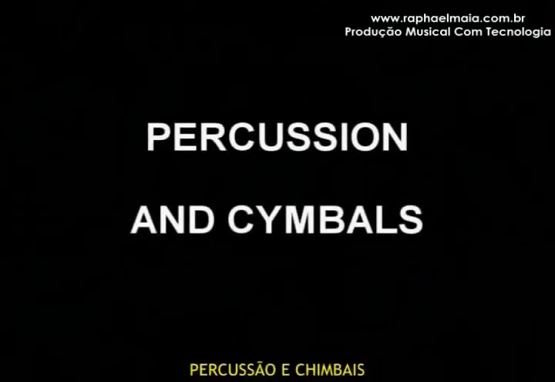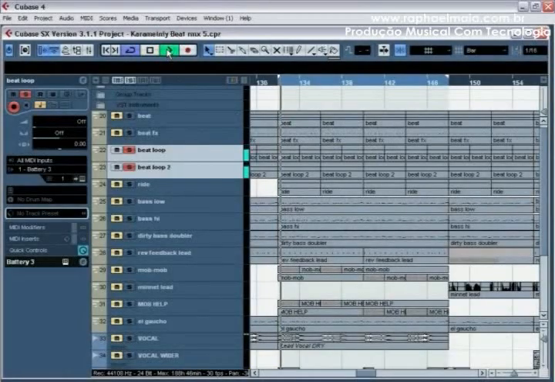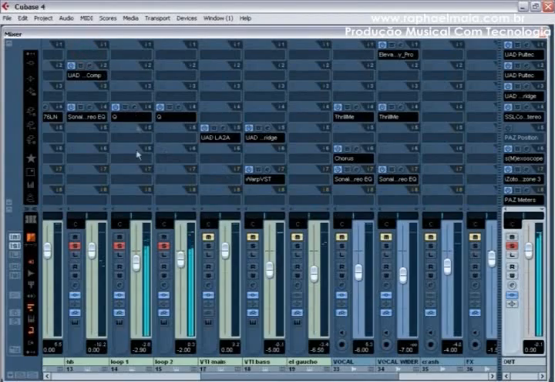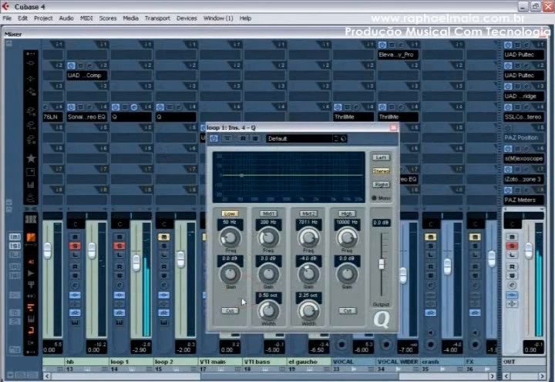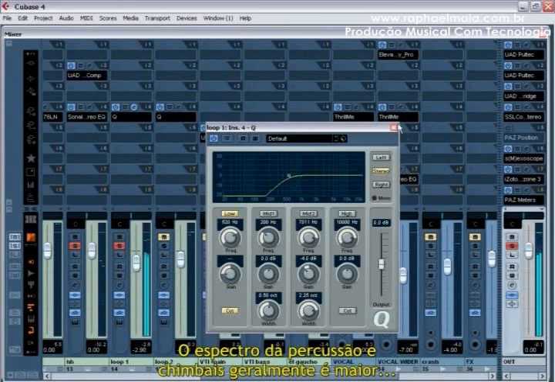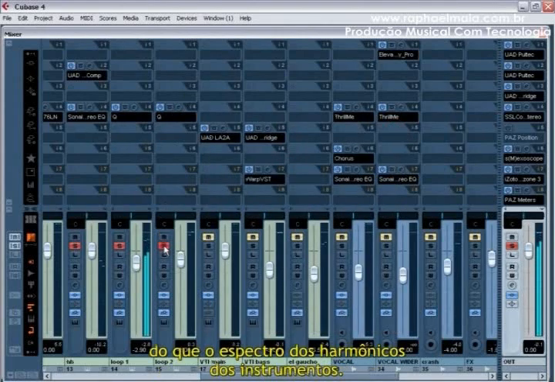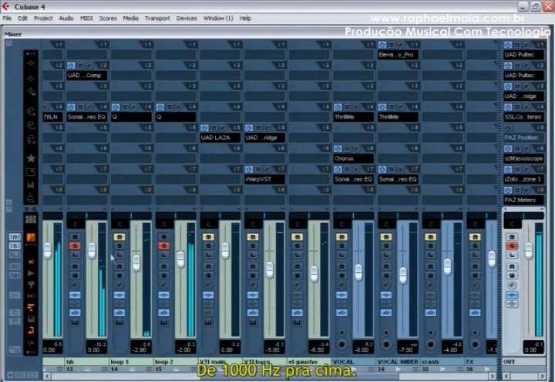Percussion and cymbals. The spectrum of percussion and cymbals is usually higher than the spectrum of instrument harmonics, from 1000 Hz and higher.